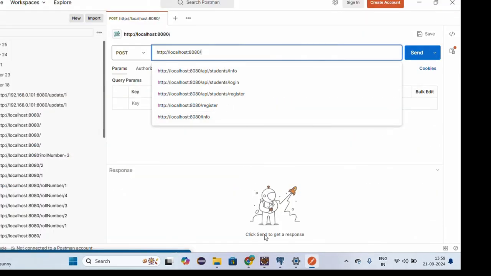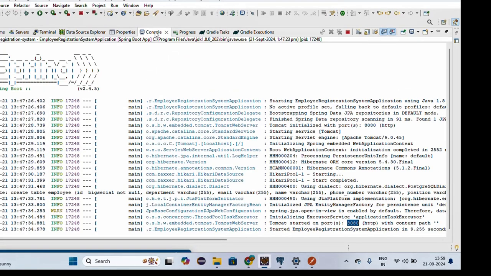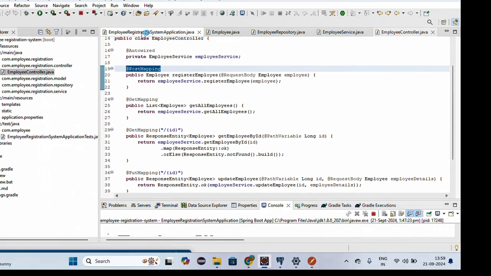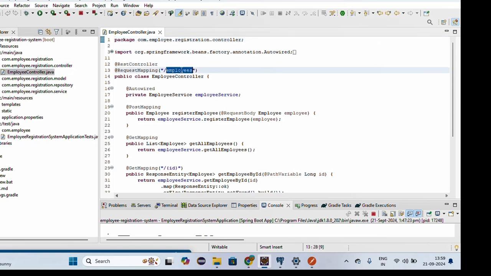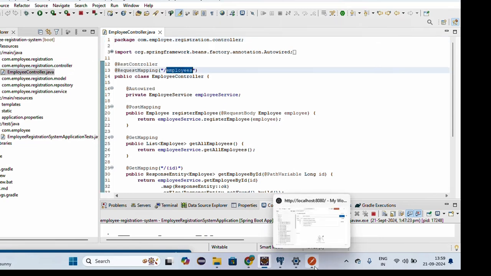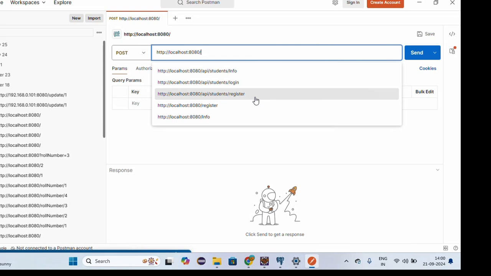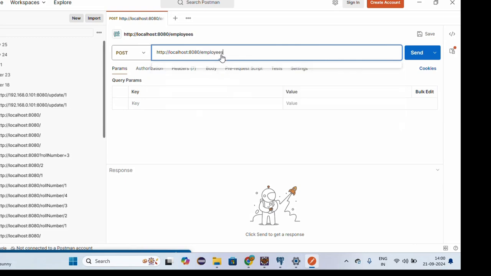Then after, what is the path? Once you give the hit, it is going to reach the controller. Okay, what is our controller? Our controller is employee controller. What is the path? So the path is employees, the controller path. Sorry, it's pasted double time. Okay, employee. Then